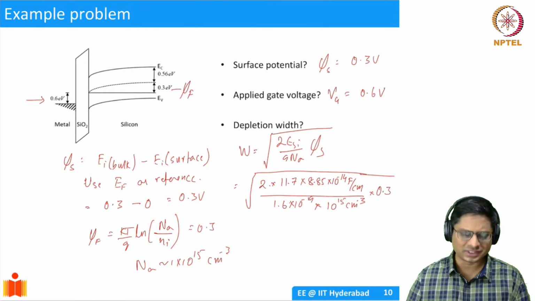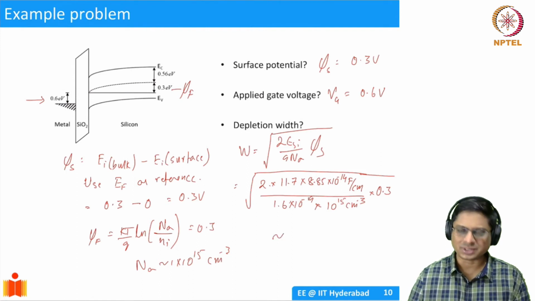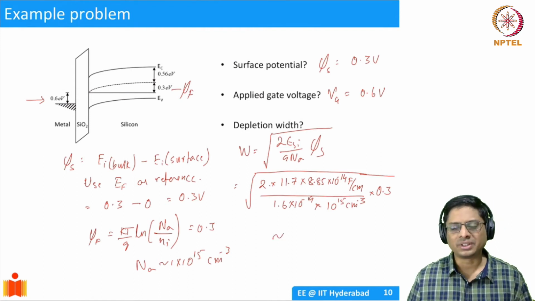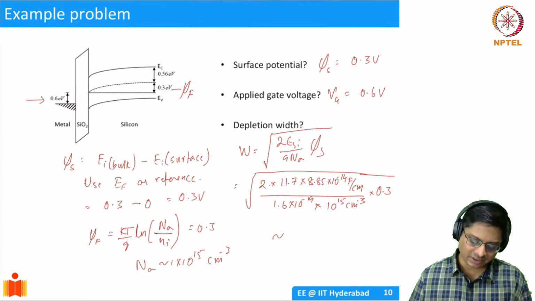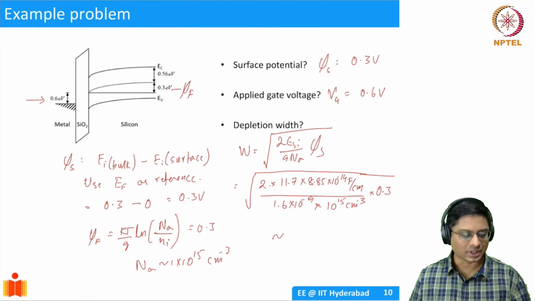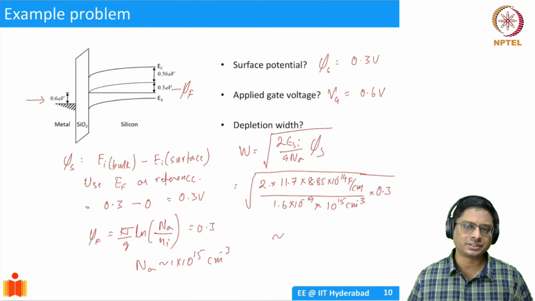You have to solve for this, and I mean, you can always calculate this. This should be some microns. It will be less than a micron, or close to that. You have to see. Okay, you calculate that and verify. You substitute. You calculate. All right. So this is one of the simple problems that you can have.